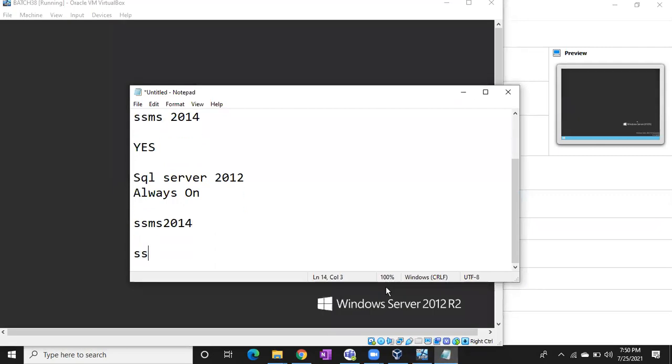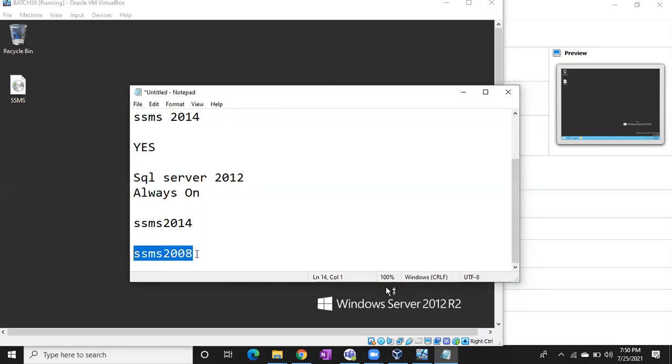Right. Imagine you have SSMS 2008. You are connected to SQL Server 2012. In this case, my SQL Server instance is the higher version and my SSMS is the lower version. If you connect to higher version instances in the lower version of Management Studio, you cannot see higher version features in the lower version Management Studio.